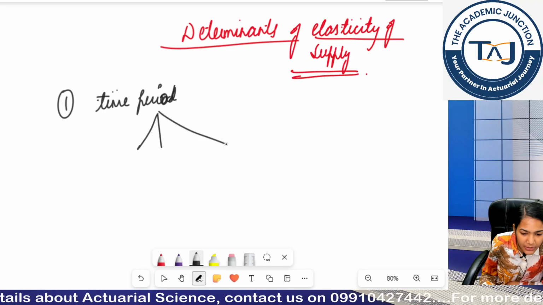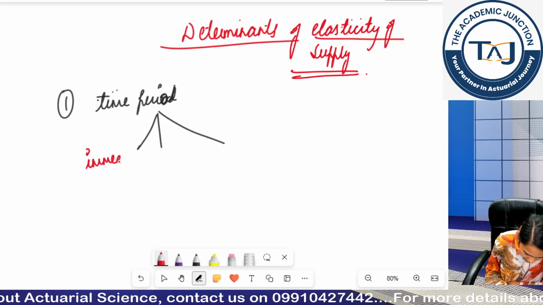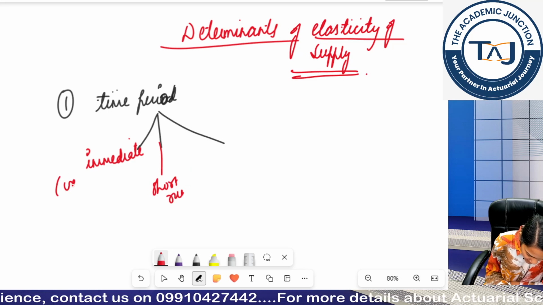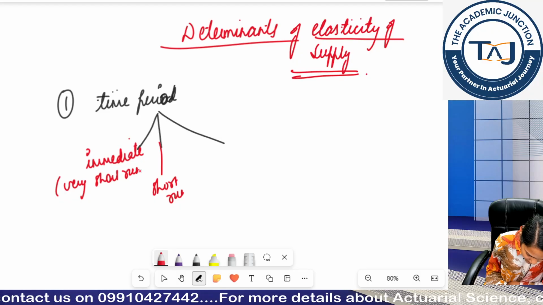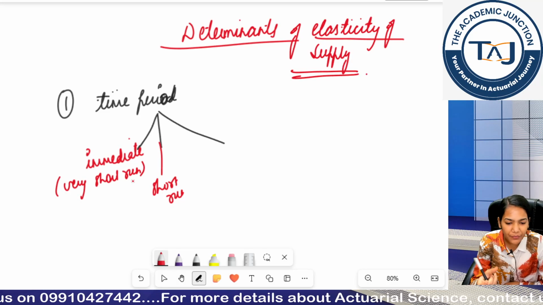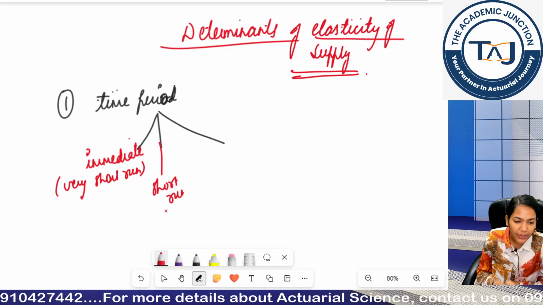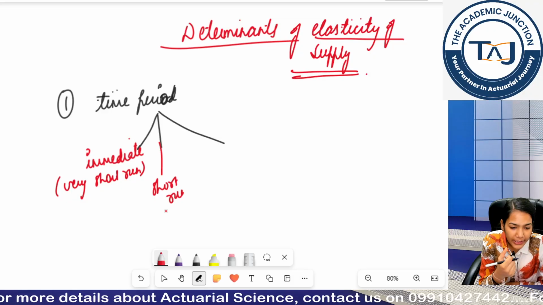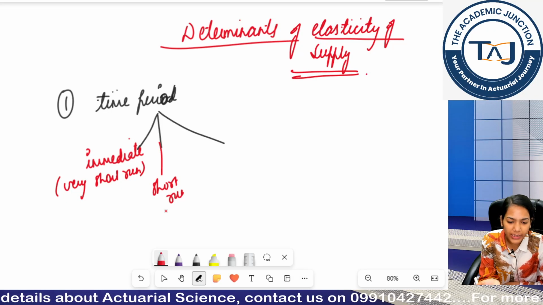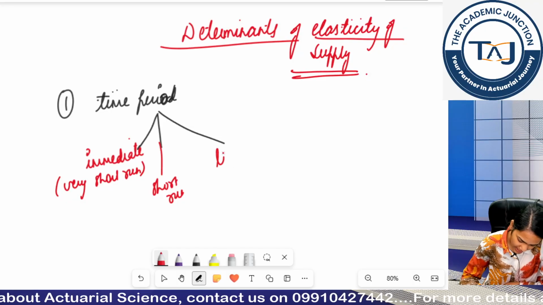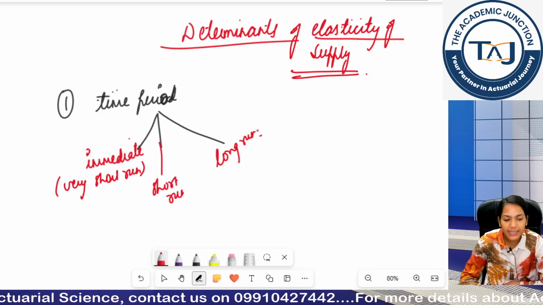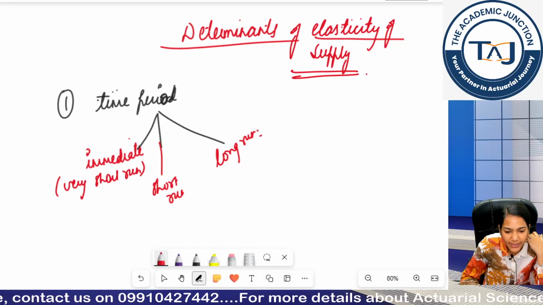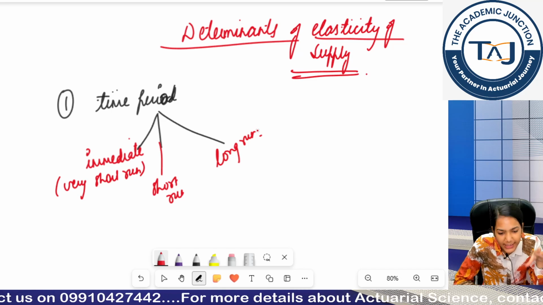So, I can divide my time period into three effects. First, immediate, which I can say is very short run, basically 1 day, 2 days, or 1 week. Second, short run, basically a fortnight, 14 days, up to 1 month to 1 year. And then we have long run, whatever is greater than 1 year. These can be subjective, so don't always go by this. The question will specifically mention whether it is short run or long run, otherwise it would be easy enough to choose at your discretion.